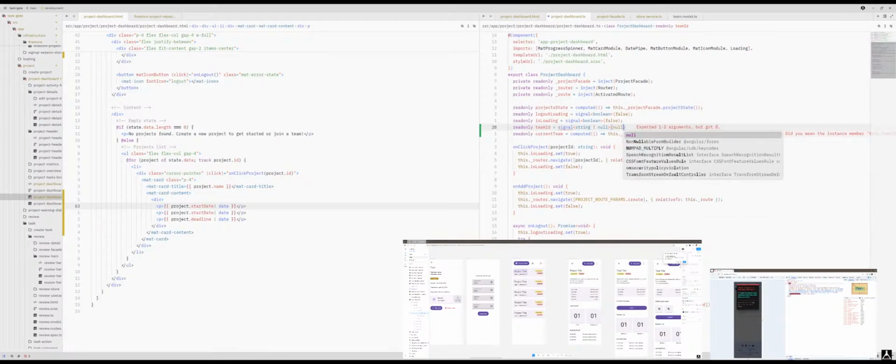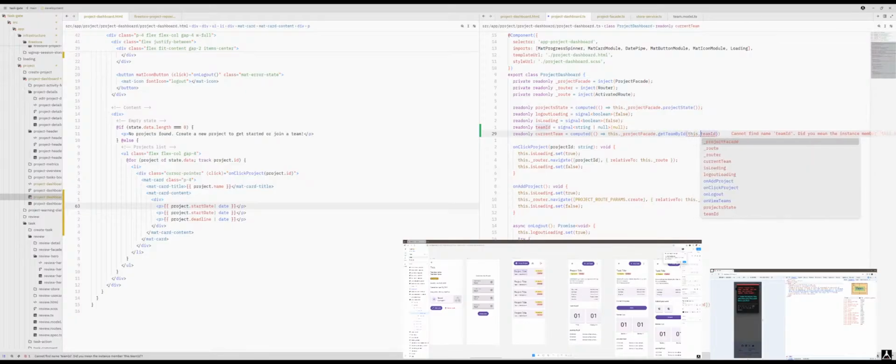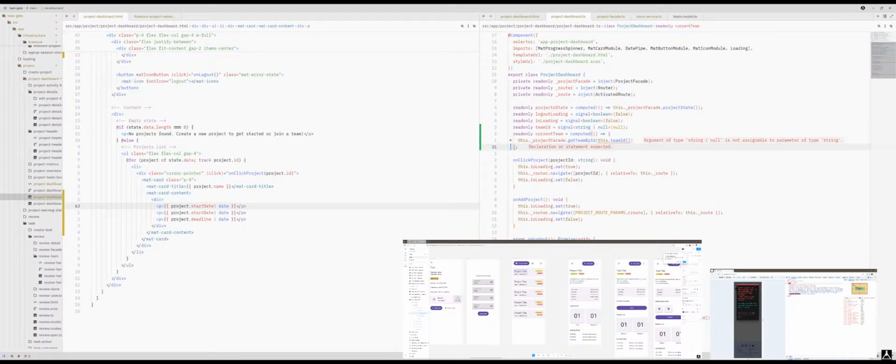It should be initialized by a null, and then we will say that the team ID here should be able to listen, just like so. Let's put a null check here because the type signature is not aligned,